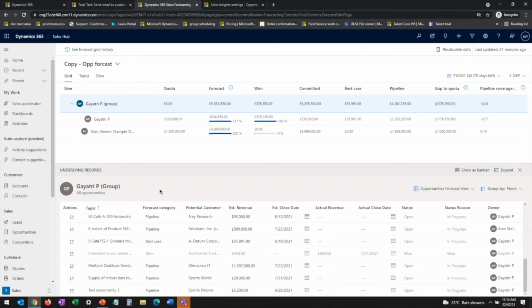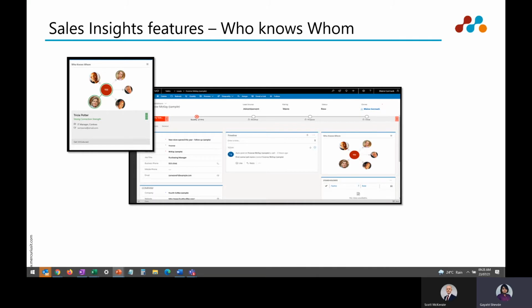Now let me introduce another feature. Let us take a look at one of the great features of D365 Sales Insight, Who Knows Whom. To enable this feature, we need to install LinkedIn Sales Navigator. Through LinkedIn Sales Navigator, we would be able to view the connections on LinkedIn. There might be possibilities that one of my colleagues is connected with customers through LinkedIn, or they might have been connected in the past.